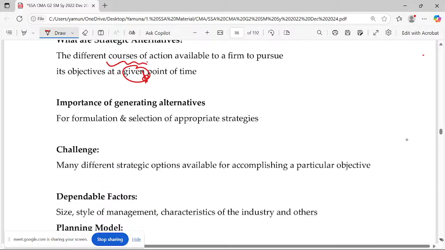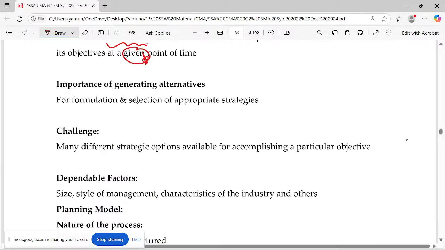Why do we need to generate alternatives? You cannot say one strategy which I'm developing will be the exact one. So how can you define whether it's appropriate? Only after comparison you can define. But obviously it's costly. Defining one strategy itself is costly. Probably after defining, when you go for implementation, if it is not working, definitely you're going to lose a cost. That loss will be a bigger one.